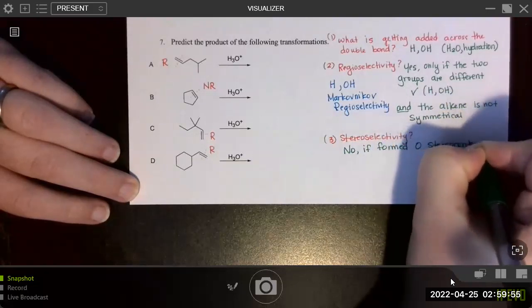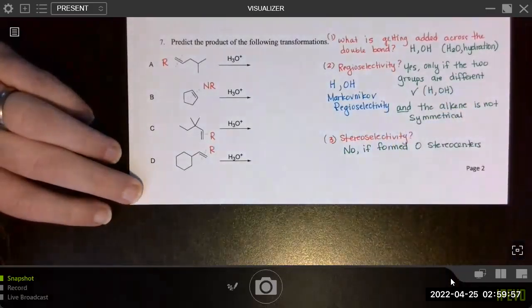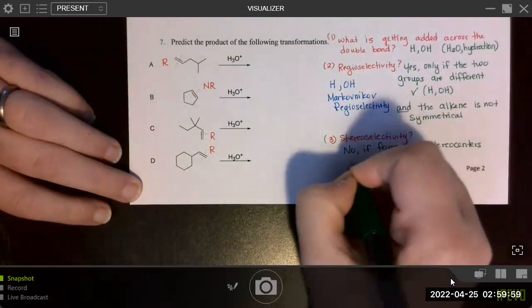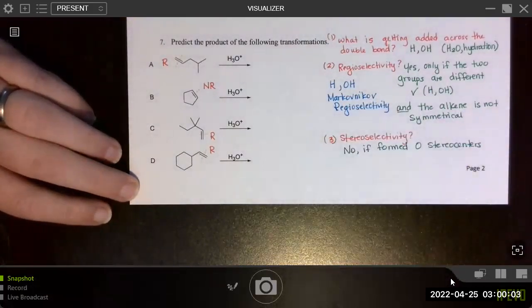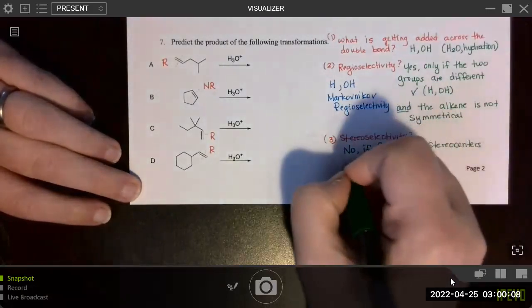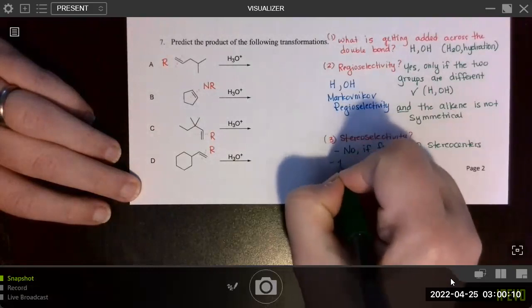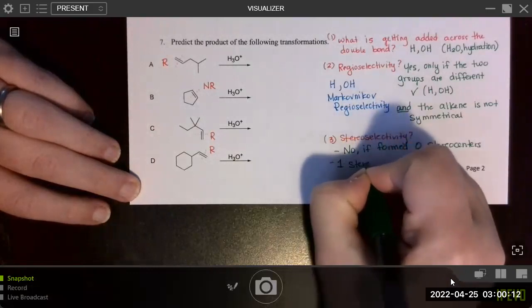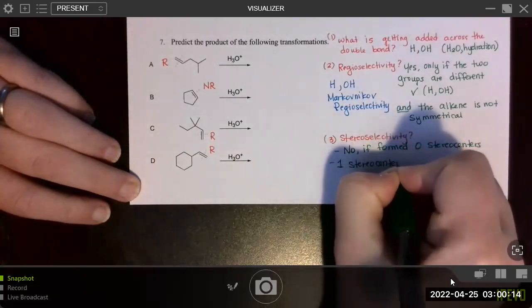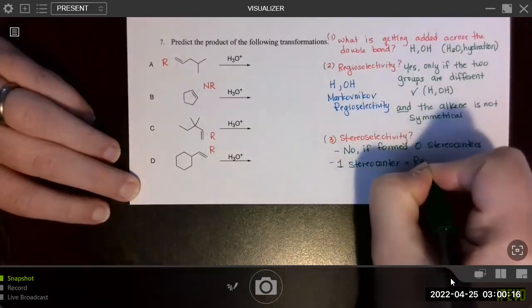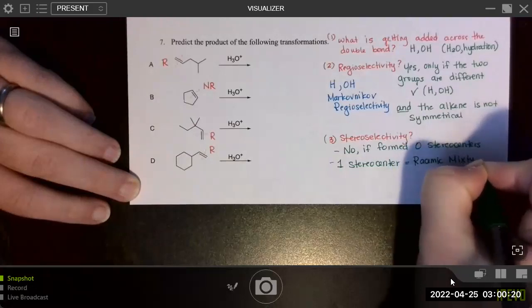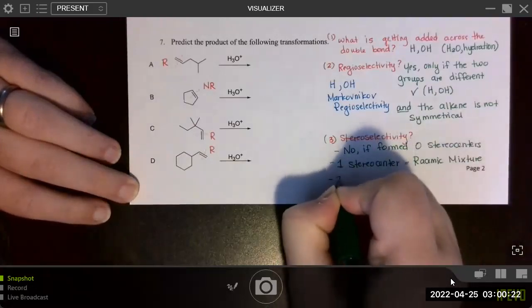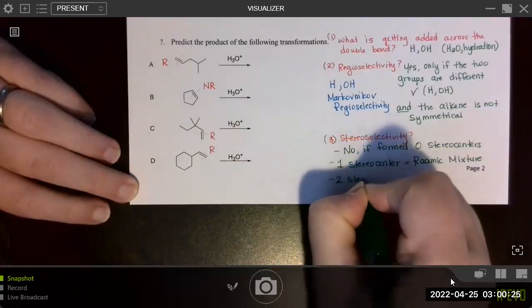We'll put 0 stereocenters. No if you form 0 stereocenters. You don't even really need to consider it for one stereocenter, except you do want to remember to draw a racemic mixture. So 1 stereocenter will always equal a racemic mixture, no matter which reaction we're talking about. And then if you have 2 stereocenters,